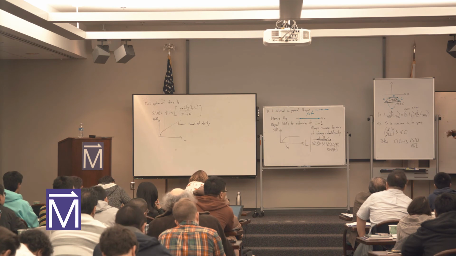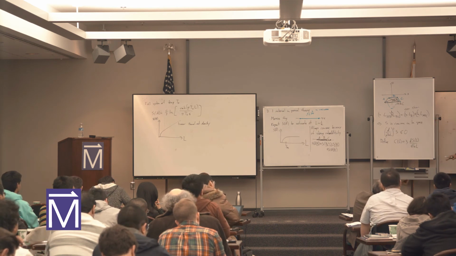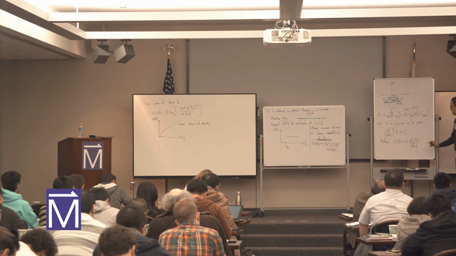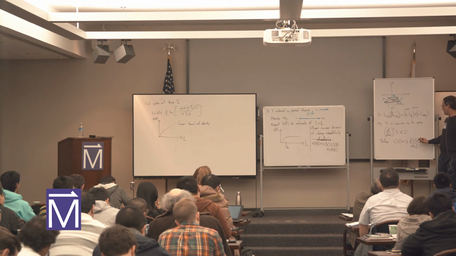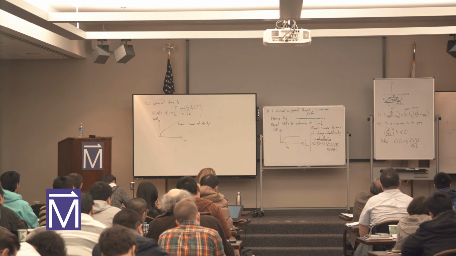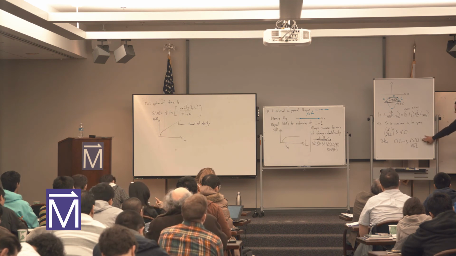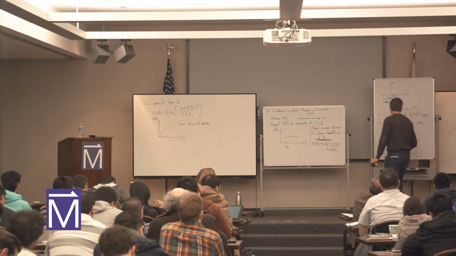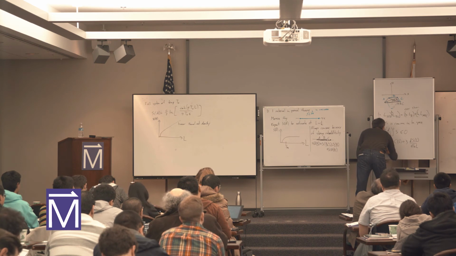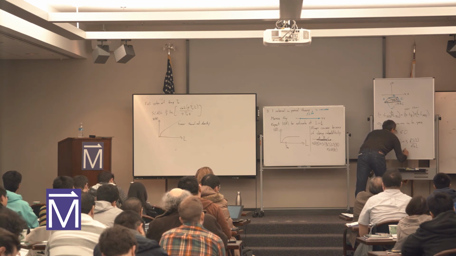Normally, when you write S of A, S of A can have some complicated geometry or topology, but here S is a function of one variable, capital L. So I don't have to write S of A, I can just write S of L. And I define this quantity. And then this is saying that C prime of L is negative.